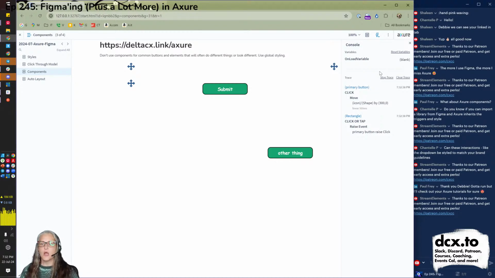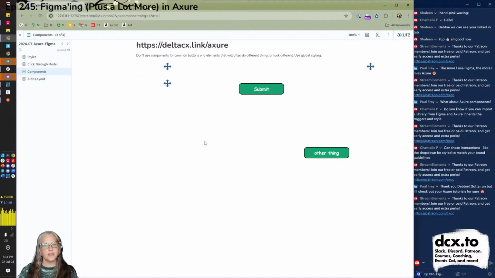This shows me what is Axure doing when something happens so I can troubleshoot my own stuff. So it showed me, aha, click. What happened? We did the primary button raise click, and then the click made the shape move. So this is just a little kind of debugger if you want to think of it that way.